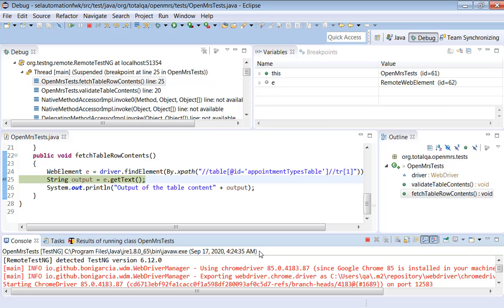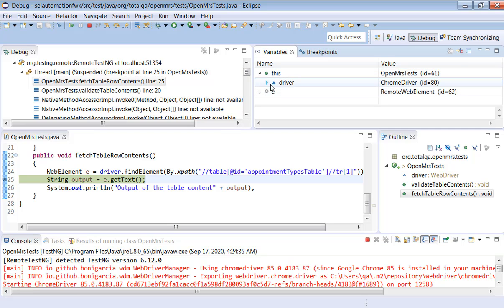And also, there is a this. This contains driver, because if you have a variable at the class level, that will be shown under this. So driver is shown under this because this refers to the current class object, the OpenMRS test Java object. So it is referring to driver.